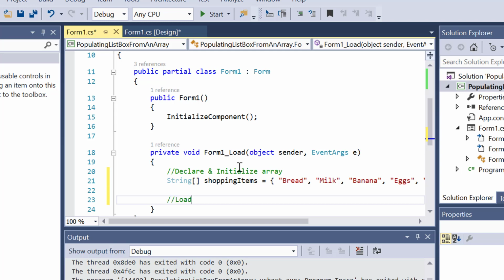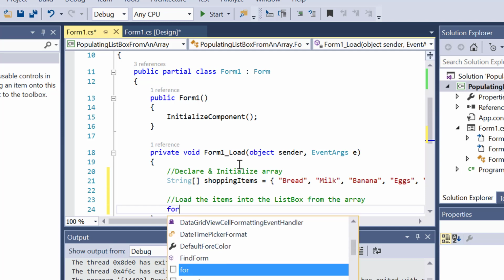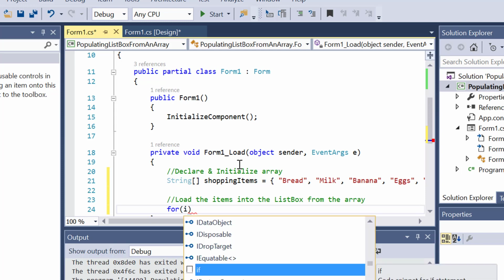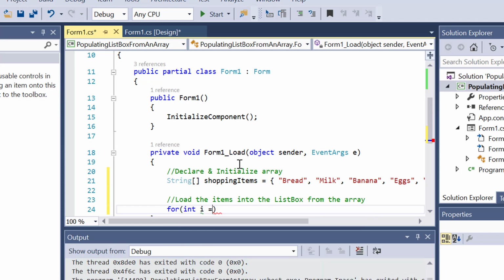And now we want to load the items into the list box from this array. The array which you have just declared has a certain number of items and we want to load them into the list box. So to do that, let's iterate through the array, run a loop. For that we'll use the for loop, and let's start from item 0 and let's go through the